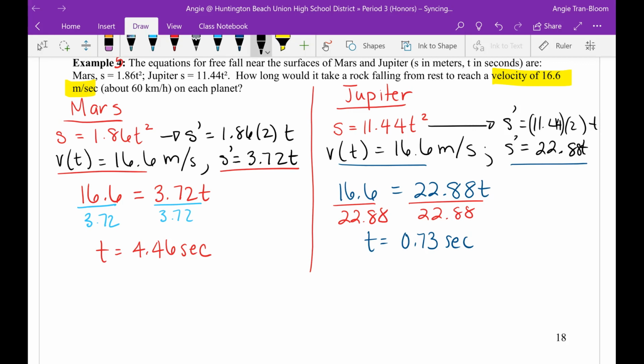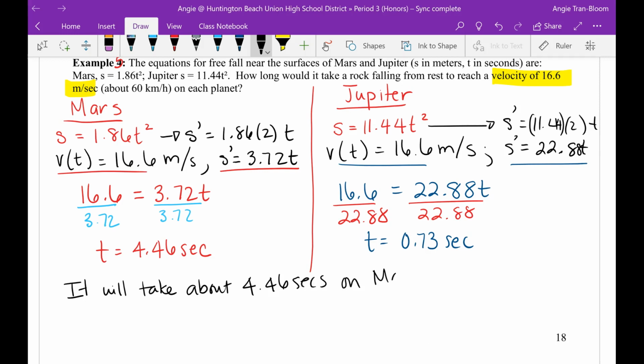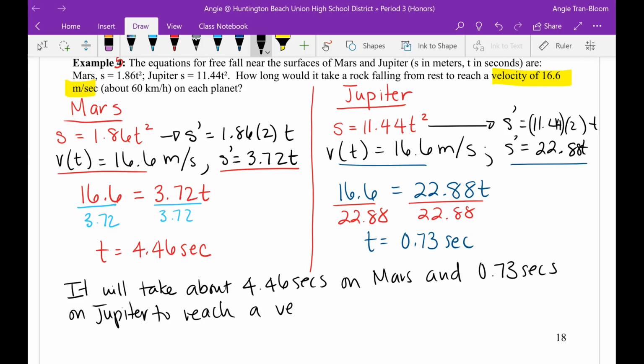Let's write down our final answer. It will take about 4.46 seconds on Mars and 0.73 seconds on Jupiter to reach a velocity of